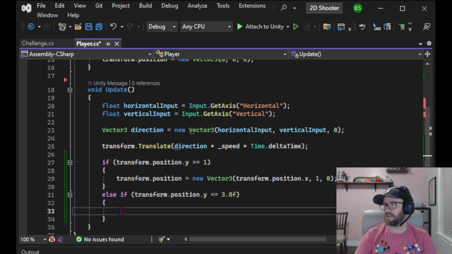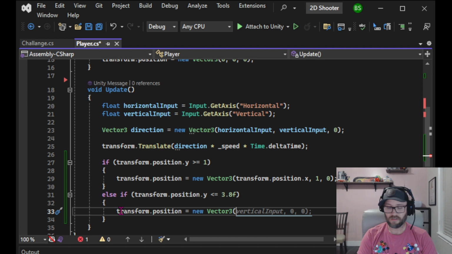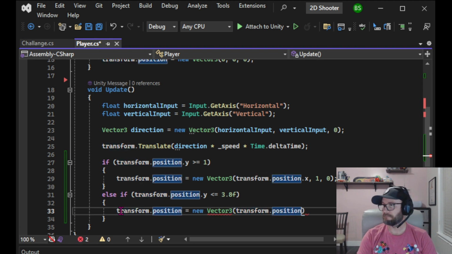And we move down into here, and actually, what is that going to mean? So it's going to be transform position equals new. So pretty much the same thing. Again, I mentioned before that I'm typing everything in instead of copying. That x, and the only difference is the new value we're going to do is 3.8